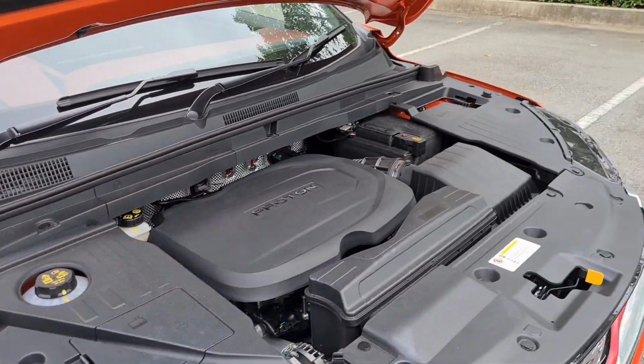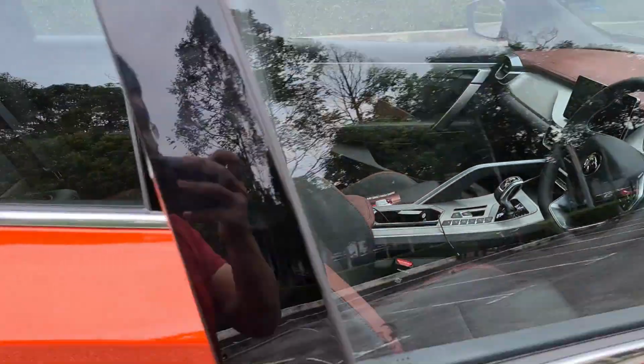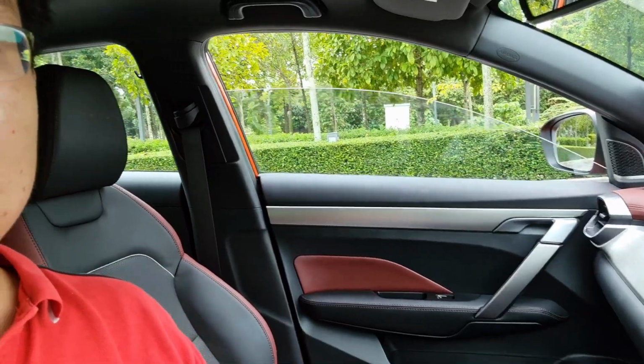But let's judge it from inside the cabin. So we come inside, and I would say it's quiet. It's pin drop quiet here. So yes, just now you saw that there was a bit of shaking of the engine, but you know, that